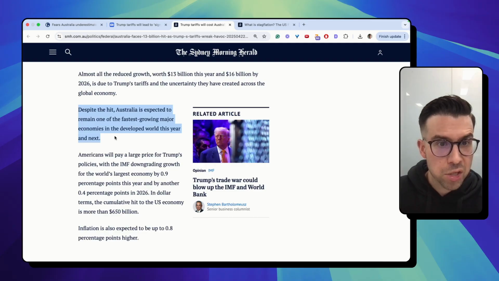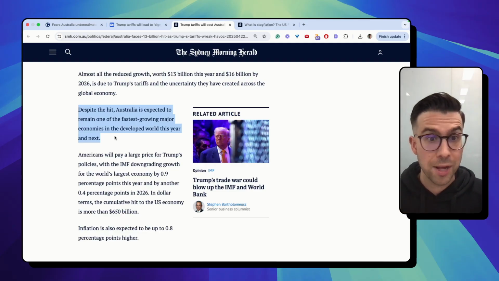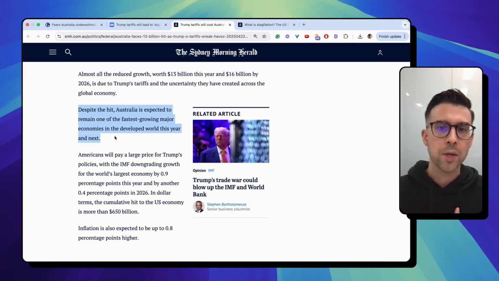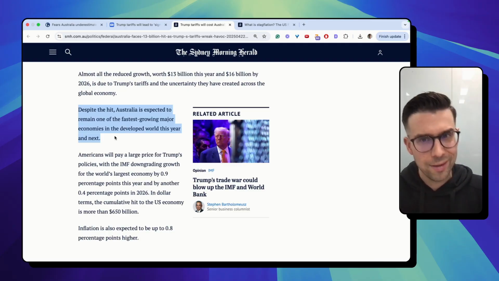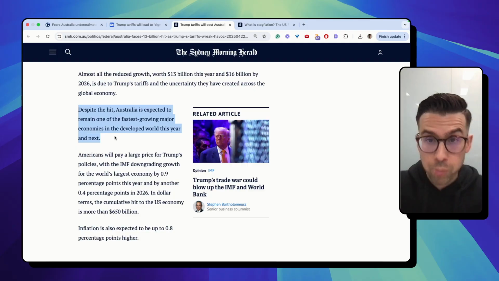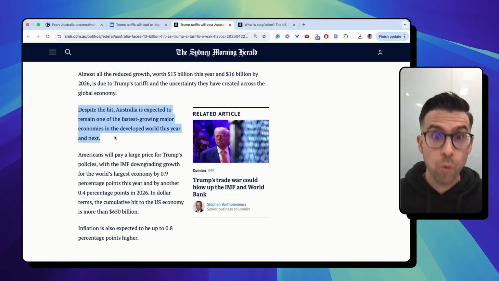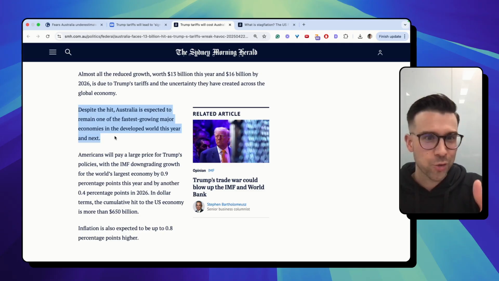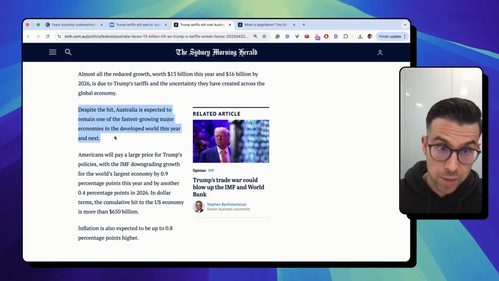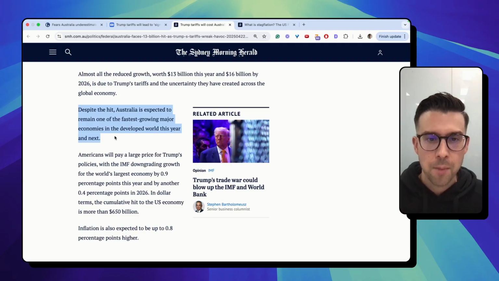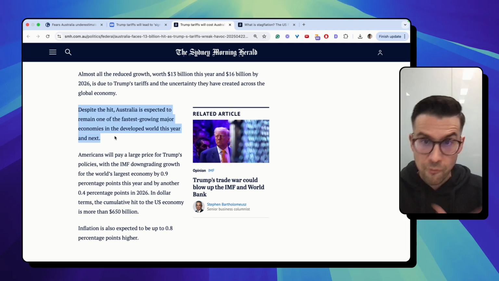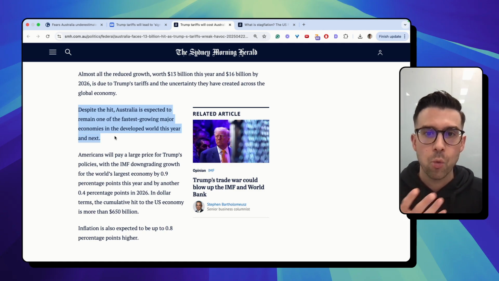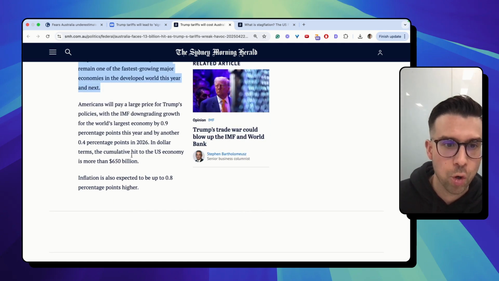And what's interesting is, despite the hit, Australia is expected to remain one of the fastest growing major economies in the developed world. So we're looking at this going, okay, 1.6%, oh, poor us, right? But the reality is we're going to be one of the fastest growing major economies, which is great. It also highlights some bigger problems globally, with the fact that growth is so anemic, so poor globally, that at 1.6%, Australia can be one of the fastest growing major economies in the developed world. It's sort of scary, right? But I think it just highlights that while things may not look that great, a $13 billion impact, a 0.5% knock-on GDP impact, we're still relatively, compared to the rest of the globe, in a strong position.